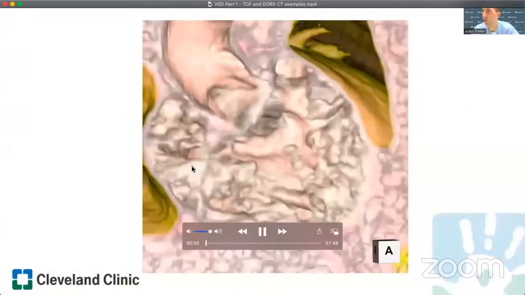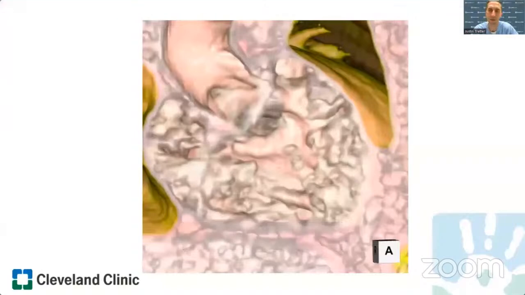We're going to review three data sets of infants with different forms of interventricular communications. The first, a patient with tetralogy of Fallot. The second, a patient with double outlet right ventricle, tetralogy type. And the third, a patient with double outlet right ventricle with interventricular communication committed to both the pulmonary and aortic root. So this is the first infant with tetralogy of Fallot, and we're viewing in a right anterior oblique view